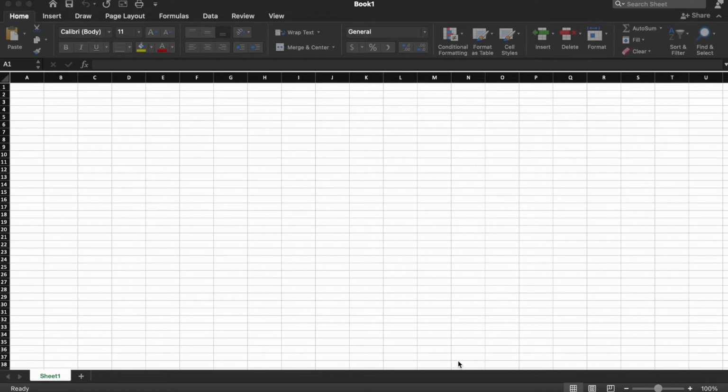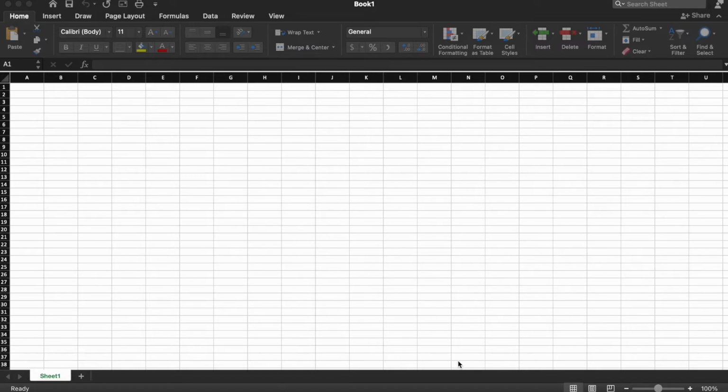Let's get to it. First, a quick history lesson. The first spreadsheet software for personal computers was called VisiCalc, and it was considered the killer app on the Apple II computer back in 1979. So while the original app was on Apple, Microsoft's Excel, introduced in 1987, has become the leading spreadsheet software, especially in the professional world. While Microsoft Excel is widely used in corporate America, Google Sheets has been making waves since it debuted in 2006 and has become a viable alternative for students and corporations alike.